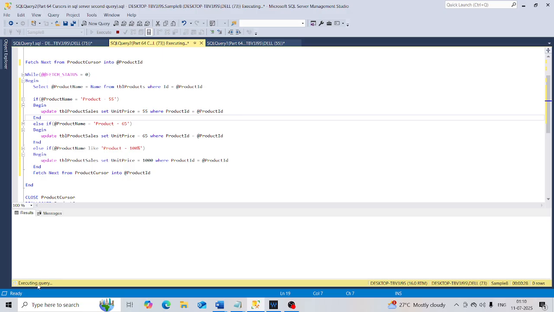Look at that, it is still executing the query. It is going to take a little bit of time, as we have seen it before